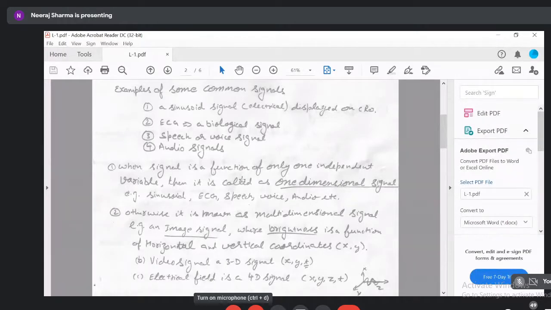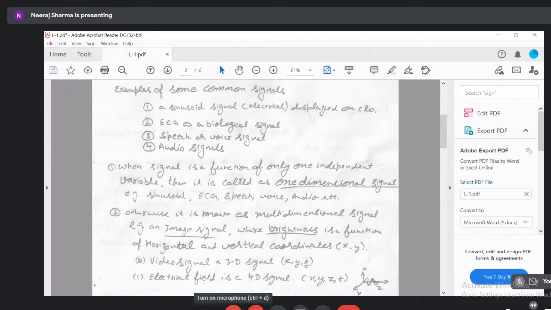कभी हम जब बोल रहे होते हैं तो जो एम्पलीट्यूड है वो कभी ज्यादा हो जाता है, कभी कम हो जाता है, कभी फ्रिक्वेंसी कम हो जाती है, कभी इंक्रीज हो जाती है. तो ये सभी चीजें टाइम के अकॉर्डिंग चेंज होती रहती हैं. So these are known as one-dimensional signals where the defining independent variable is only one, right? So this is a one-dimensional signal.